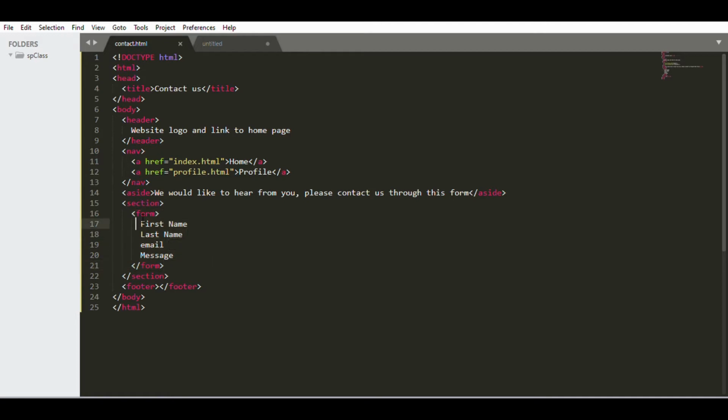And in the form, we need to use the tag that is called label. Label is to label what the content is going to be. So this content is going to be first name, and we will use the input tag, so the user will be able to insert his details. So name, user, or let's say f name means first name,